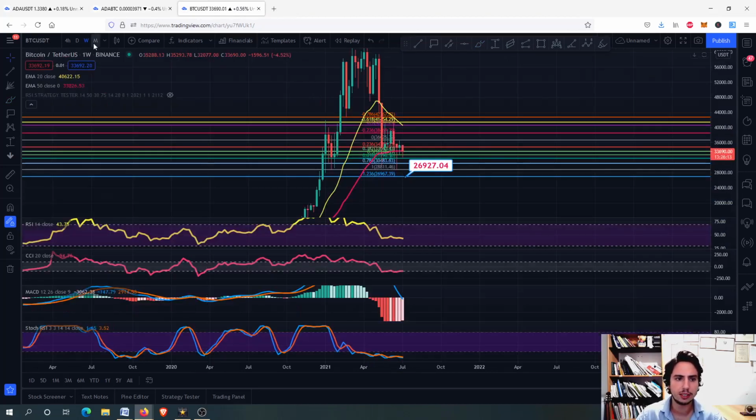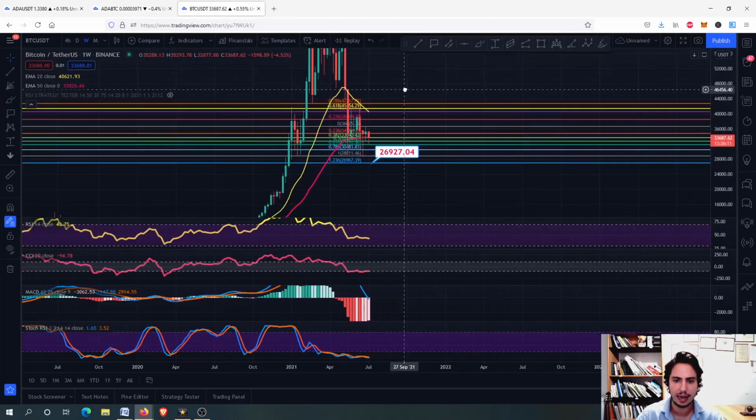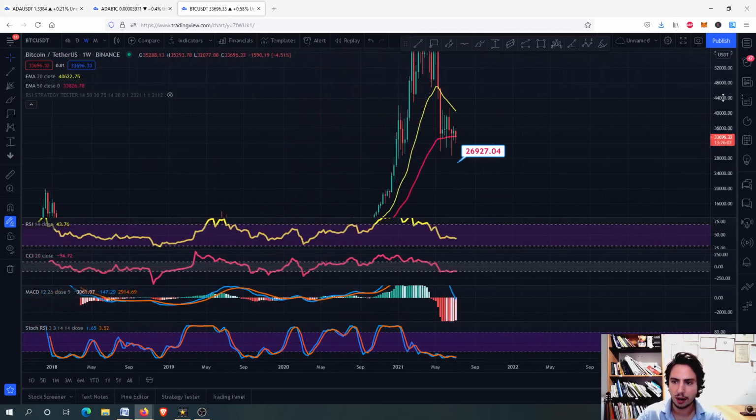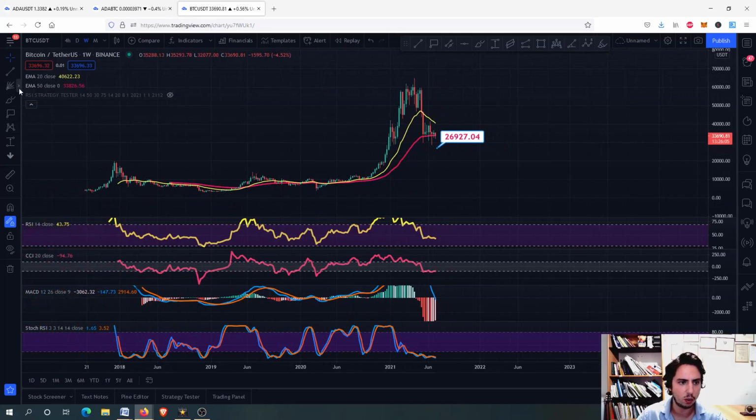So let's go to Bitcoin, guys, on the weekly frame. And on the weekly frame, let's do something. Let's go from our all-time low to our all-time high. Let's go here on the Fibonacci retracement again, not the all-time low, guys, at 3,000 Tether USD from the last bull